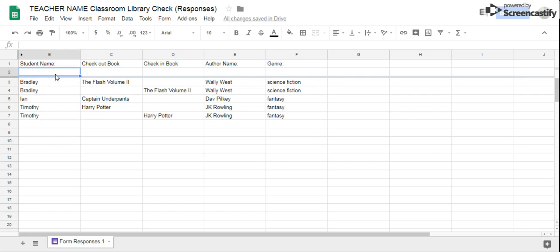In student name, I will do category filter, no spaces. And I will also do a category filter in book and category filter in check-in book. Author name I will do hidden, and I will do hidden in genre as well. Those are just going to help us in our next step, which is to go to awesometable.com, and there is